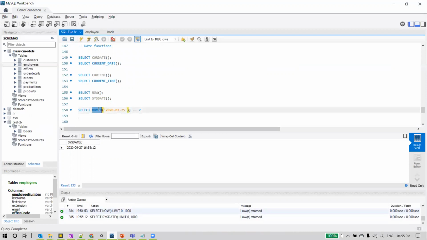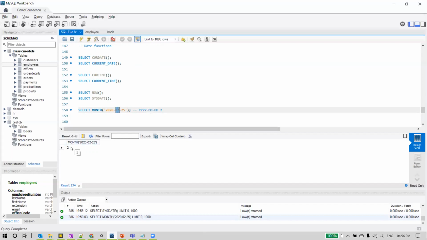Month. Month is a function where we specify some date here, and this date we specify in a format. So you can see the format here. The format has to be year, month and then date. This is the syntax of it. And what does this return? From the complete date, this month function picks up the month and will return the month from this date.